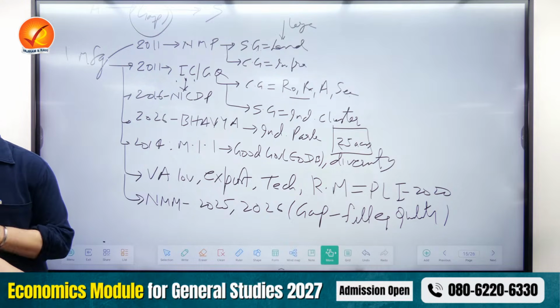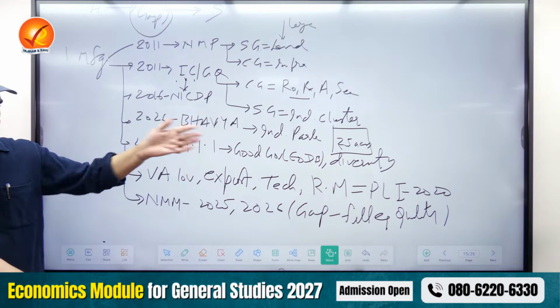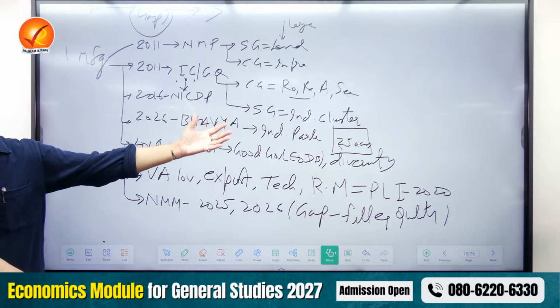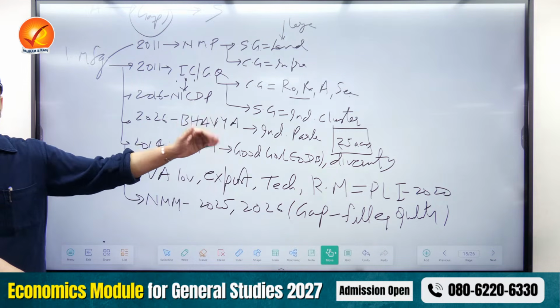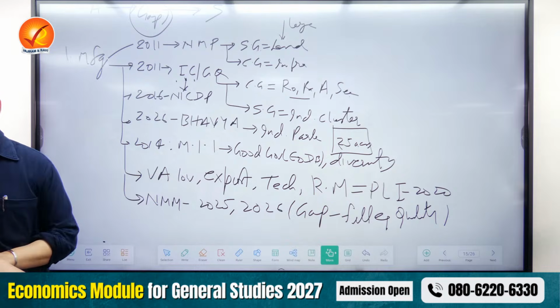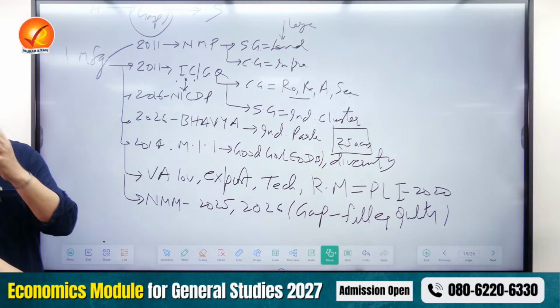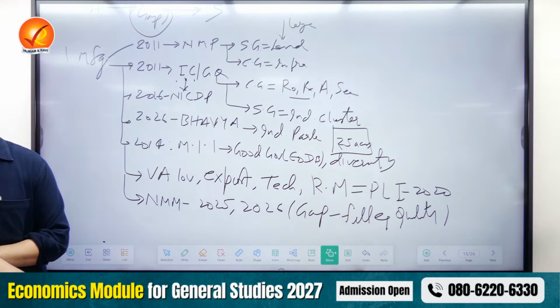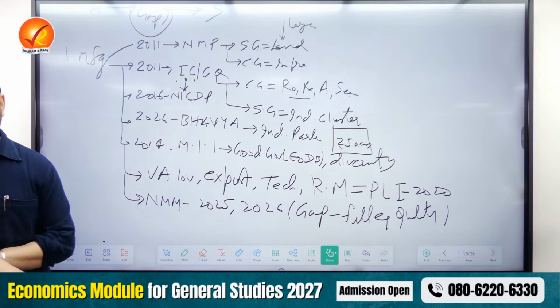Detailed notes, definitely you should have, so that if sometime you forget the details, you can refer to them. But every time you cannot open your detailed notes for revision because sometimes time is a big factor for you. So for quick revision, so that you are not forgetting the important schemes and policies, you should have this kind of running notes also.